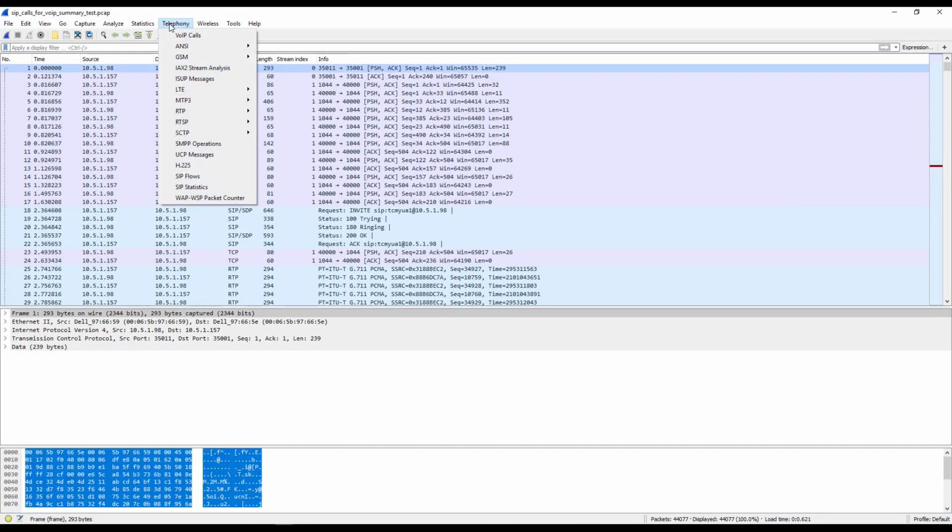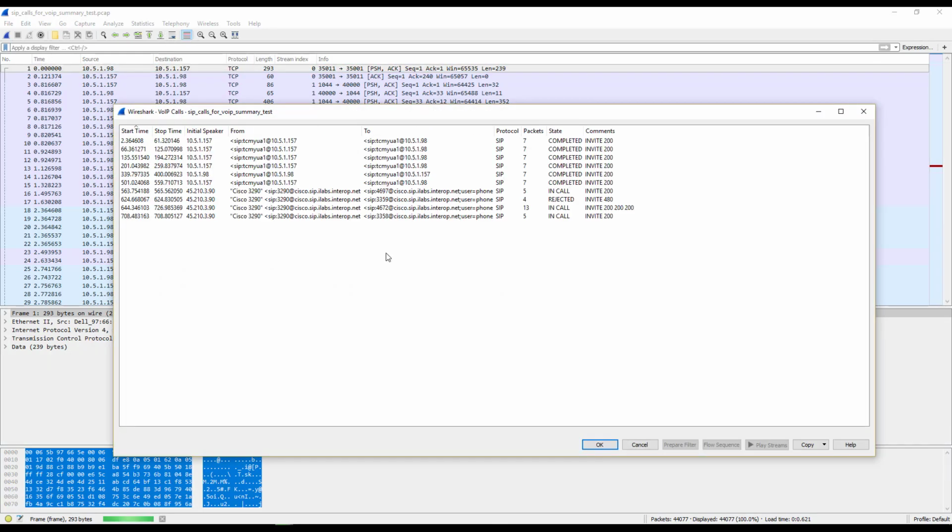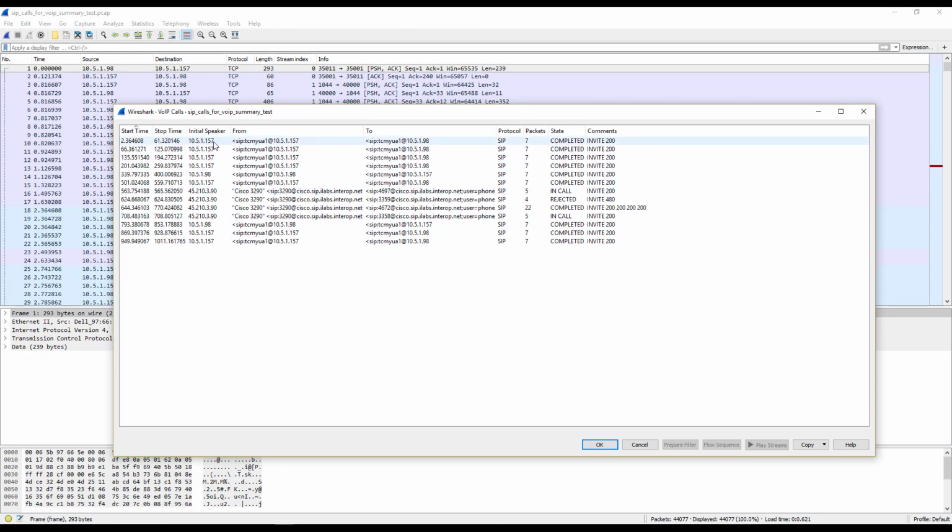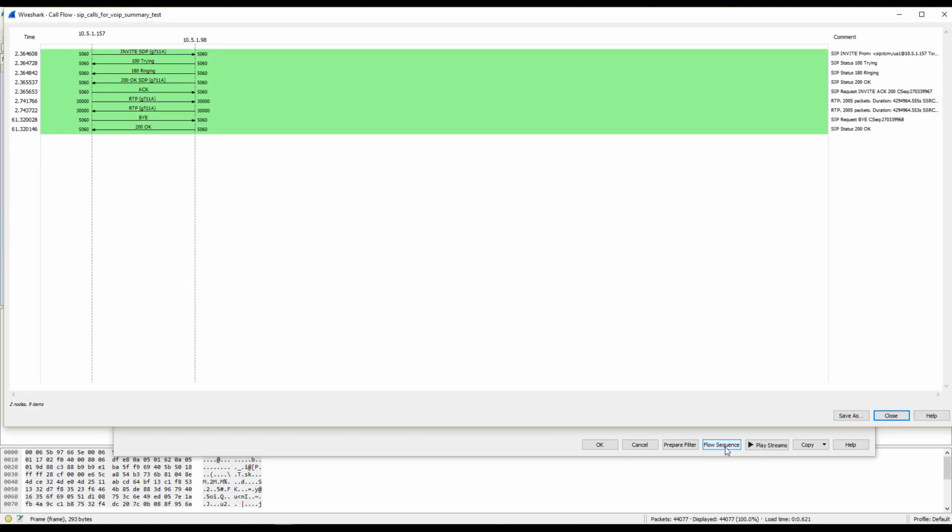Now in Wireshark, in order to analyze voice, you need to click on telephony and voice calls. Remember the fact that I mentioned that voice is comprised of two different components, so we will eventually click on the RTP stream to see the RTP streams. Once we click on voice, we get a list of calls. We can simply click on a call, click flow sequence, and we'll get a bounce diagram of how that call was established and set up, along with where the RTP streams are and the closing of the signal of that